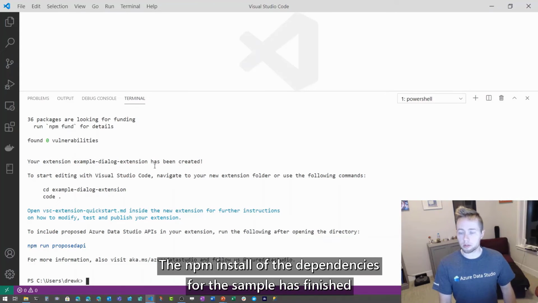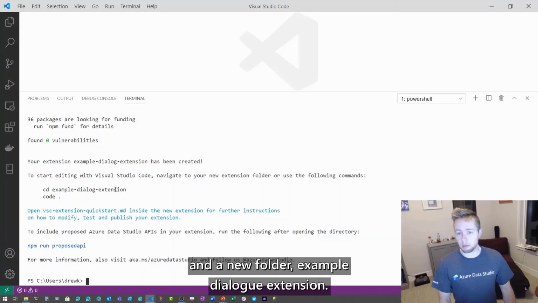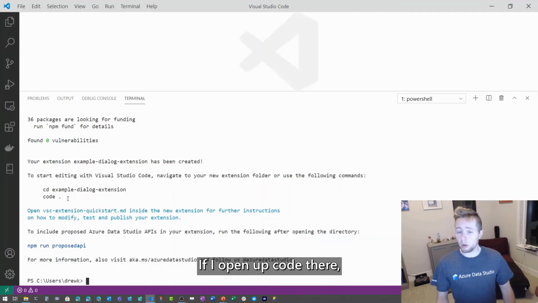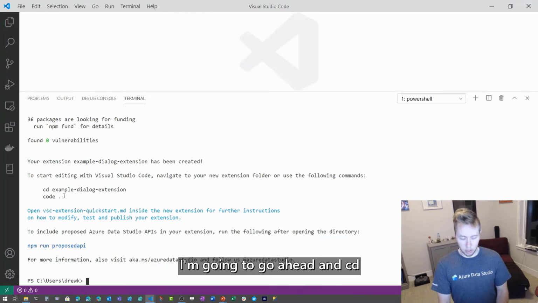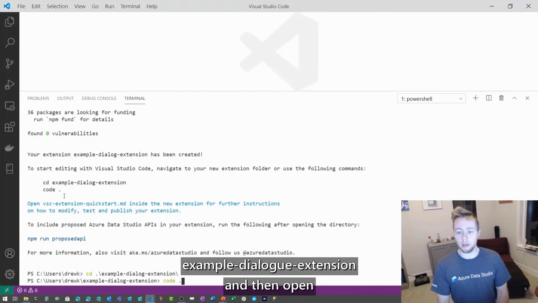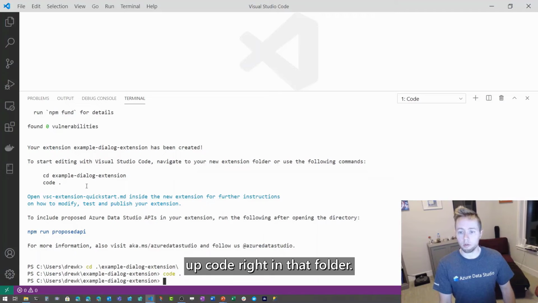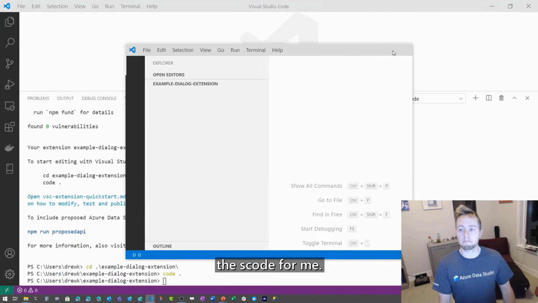So the npm install of the dependencies for the sample has finished, and our extension is now available in a new folder, example dialog extension. And if I open up code there, it's going to have that extension for me. So I am going to go ahead and cd to example dialog extension, and then open up code right in that folder. It's going to open up a new instance of VS Code for me,